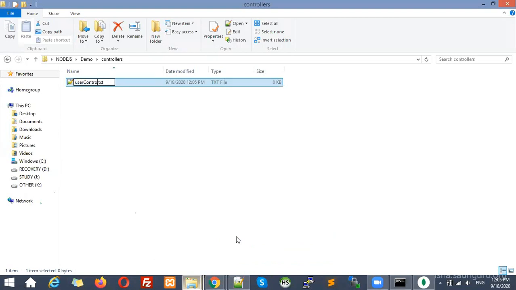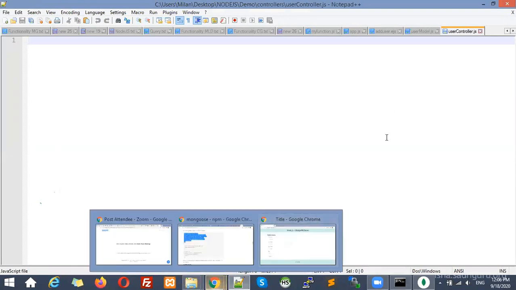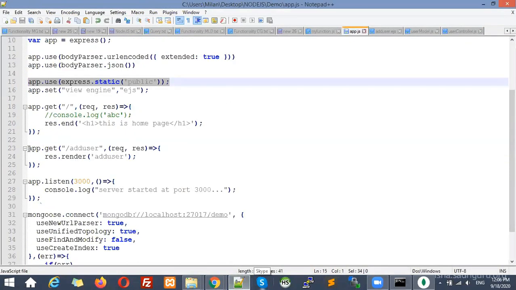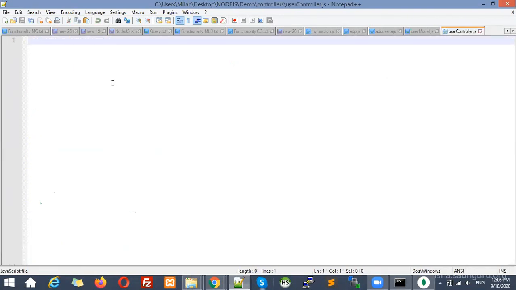That's why I am going to give the name userController.js. You know, every file must have the extension js. Right? Now inside this file, I have to create routes. That means whatever we have created in the app.js file, if you open that file app.js again, you can see this is what? This is a route. Right? But every route you cannot write down over here. Every logic you cannot write down in this same file. That's why we are going to separate out that logic in this file. Otherwise, in one file also you can create the whole program. So we have just separated it out. I'm going to create the logic over here.